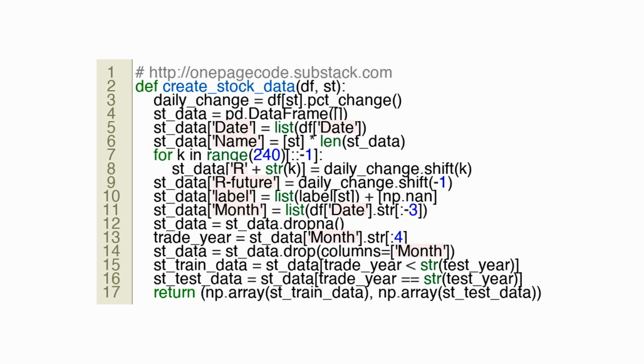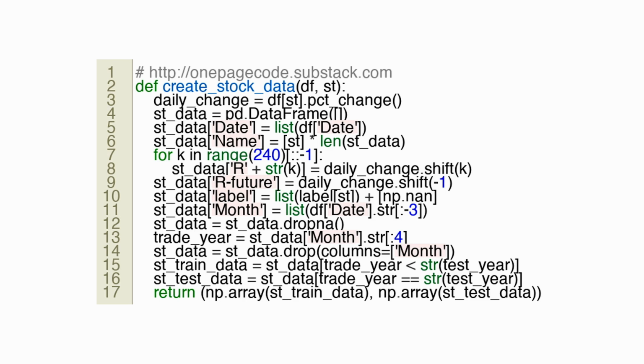The first line of code creates a function named createScore_stock_data with two inputs, df and st. The next line calculates the daily change of the stock by dividing the stock price by the previous day's price. The third line creates an empty data frame named stData. The next two lines add columns date and name to the data frame and assign the value of st to